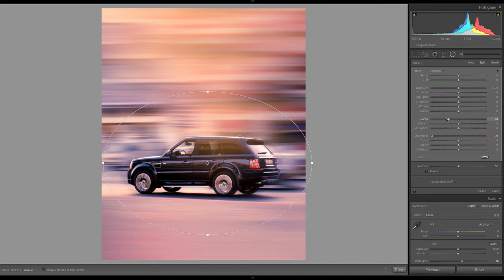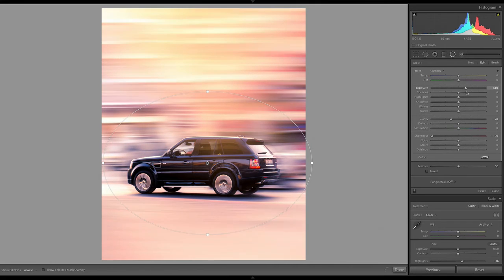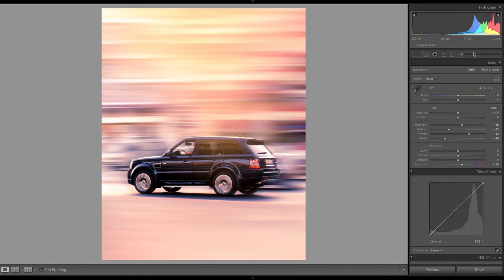Now you can make it even super blurry or a little bit not as blurry with that clarity slider. And you can also, here might be something cool to play around with exposure as well, if you want more of a vignette or just making it lighter. And this is actually a little bit of a different edit than I did previously, but I like this because this gives you the chance to add text up at the bottom that stands out a little bit more. So that was the radial filter.